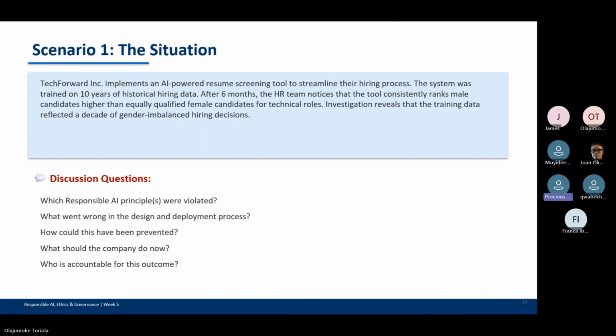And if they have an ethics and compliance department, they should also be held accountable. I know not all businesses might have that, but if they do, they should also be accountable for that.